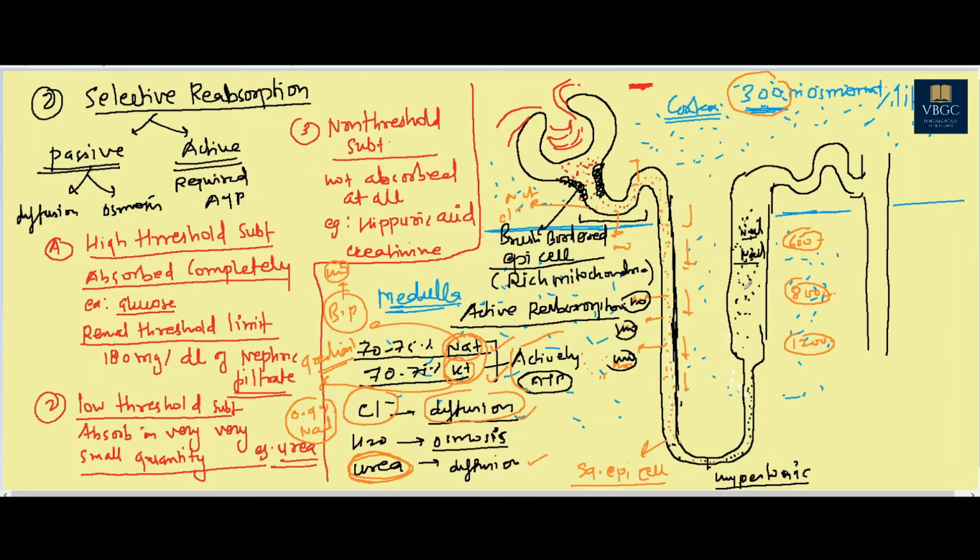So what we have seen is that the descending limb of the loop of Henle was permeable for water. All the water moves into the loop of Henle and the vasa recta, and of course some amount of water goes into the interstitium. Now when the nephric filtrate is moving in the upward direction, it is highly concentrated. Let's consider what gets absorbed from the ascending limb of the loop of Henle. The first very important component is NaCl, which gets absorbed in maximum quantity from the ascending limb.